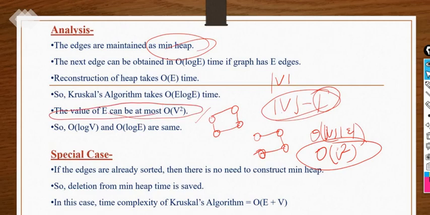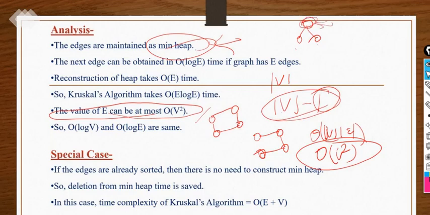You can further improve the algorithm if we take a min heap as the data structure. What about the min heap? As we have already discussed in the heap sort, a min heap is a data structure with the minimum at the parent node: the value of the parent node is minimum compared to the child nodes. It will always give you the minimum value at the top of the heap, and that is what we are trying to find, the minimum cost in the problem.